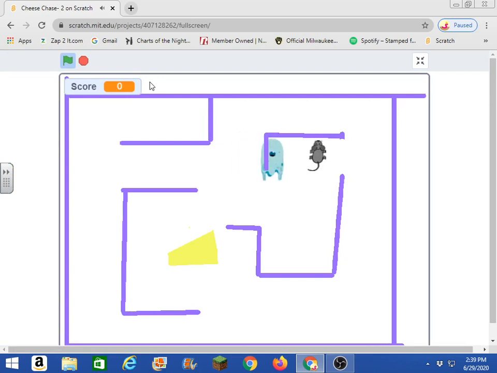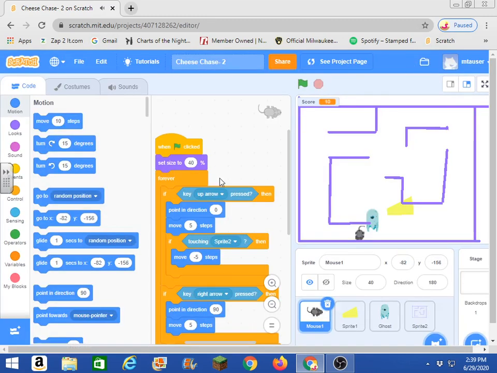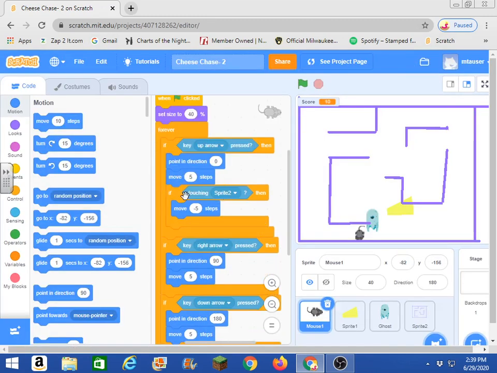Okay, so every time I hit that wall, it's not going through, right? If I were to hit the down arrow, see, it goes through right, it goes through left, goes through right, but it doesn't go down. It will go by. Okay, so that's because I've only set up one of those. Right now, the up, it can't go up through a wall, but I want to set it up so it can't go up through a wall, it can't go down through a wall, it can't go left through a wall or right. So what that means is this little